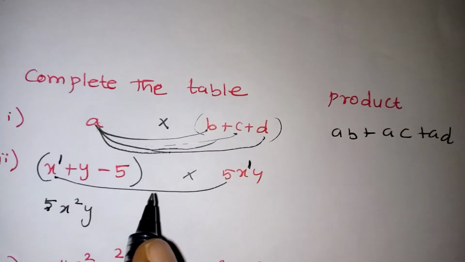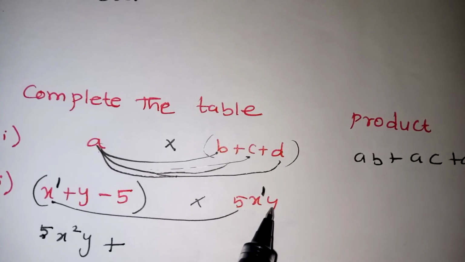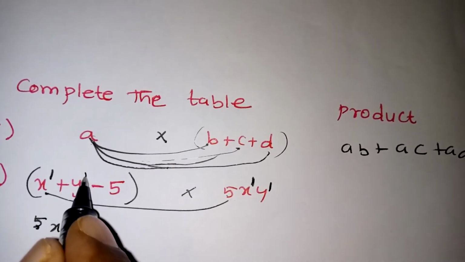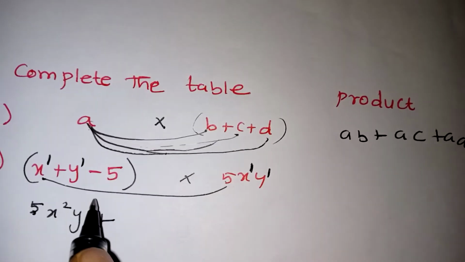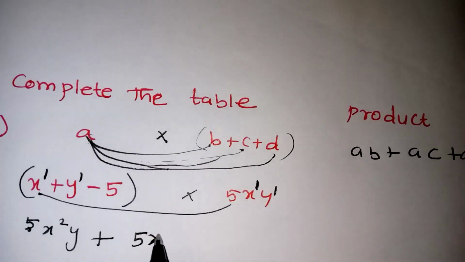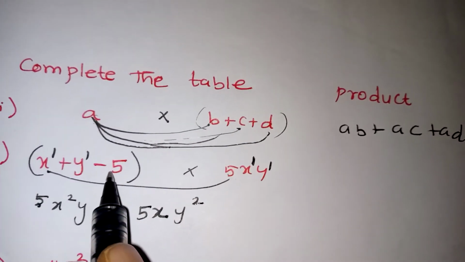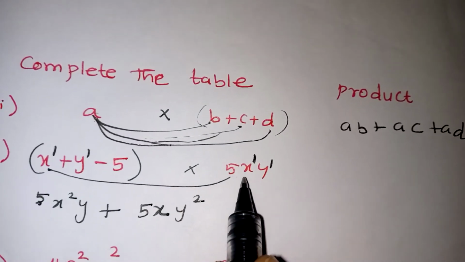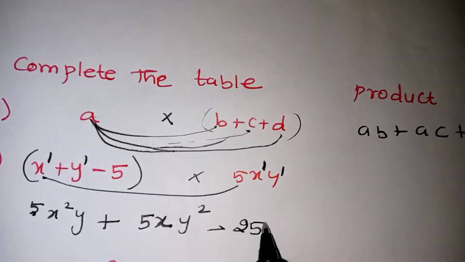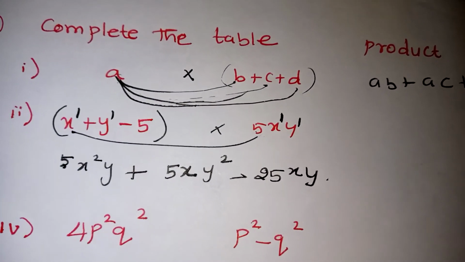Second number plus sign is there, so take plus sign. Again 5x power 1 y into y we have to do. So this y power 1 and this y power 1 will be added. So the value will be remaining. This 5x will not have any changes. 5x y power 2. Finally constant minus 5 into 5xy. So plus into minus, minus. 5 fives are 25 and your x and y. That is your correct answer.